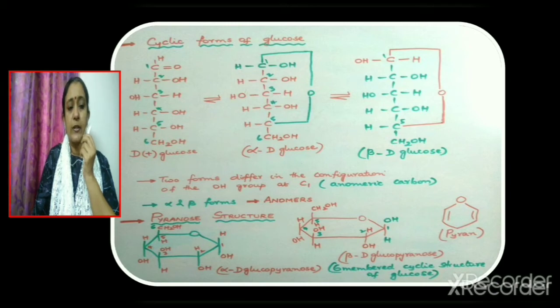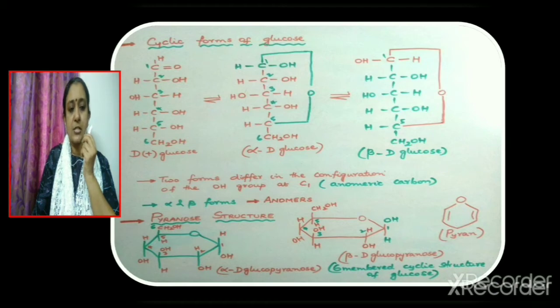So we have to start with alpha D glucose, and using that structure of alpha D glucose, we can draw alpha D glucopyranose. In a similar way, consider beta D glucose. With respect to beta D glucose, we can draw the structure of beta D glucopyranose. But the only difference when you draw beta D glucopyranose is with the arrangement of the H and OH groups present in the first carbon. There is no difference in the arrangement of the other groups.